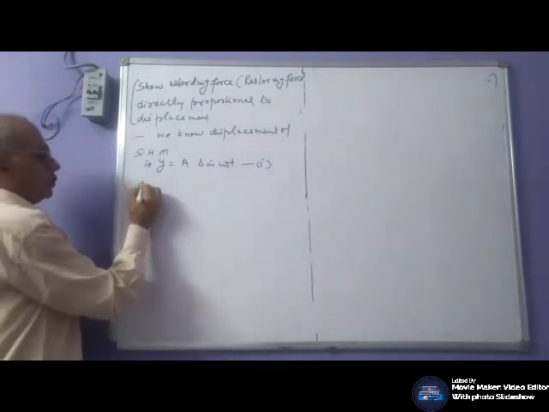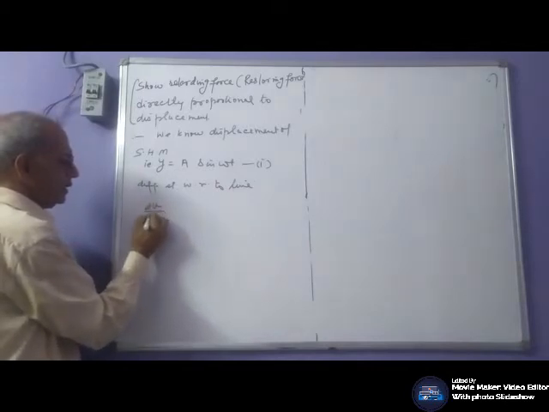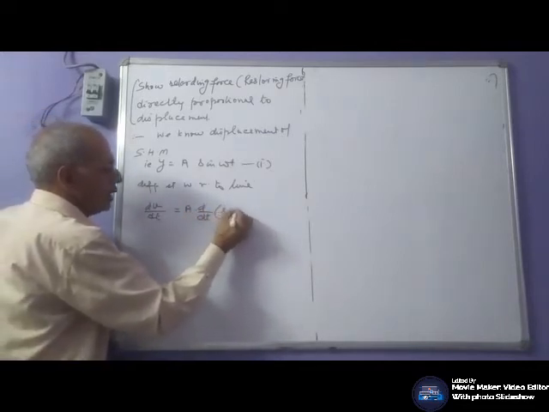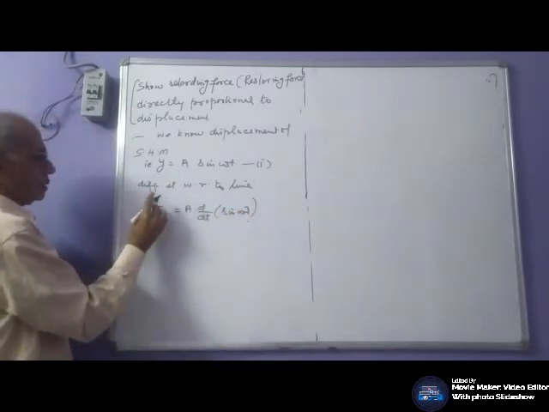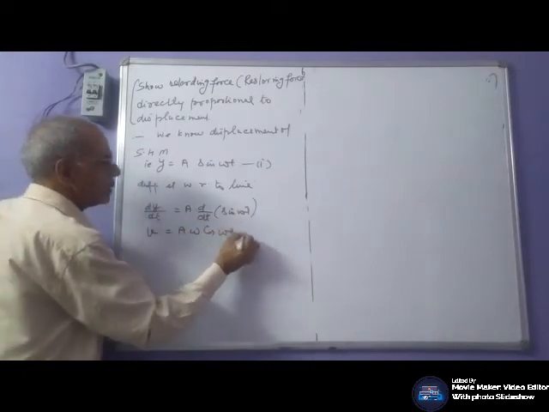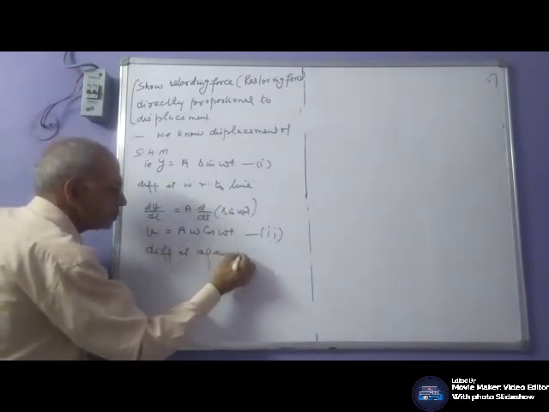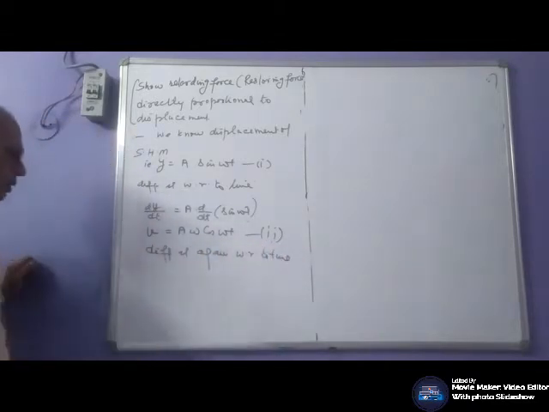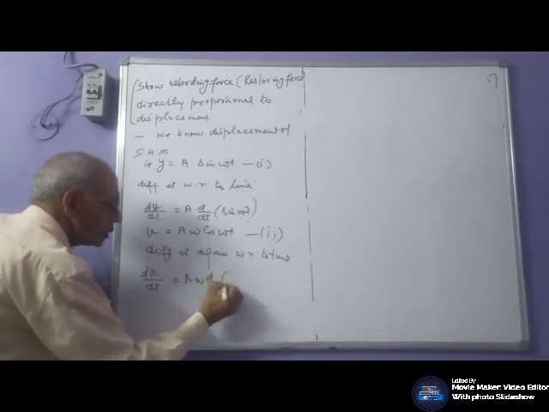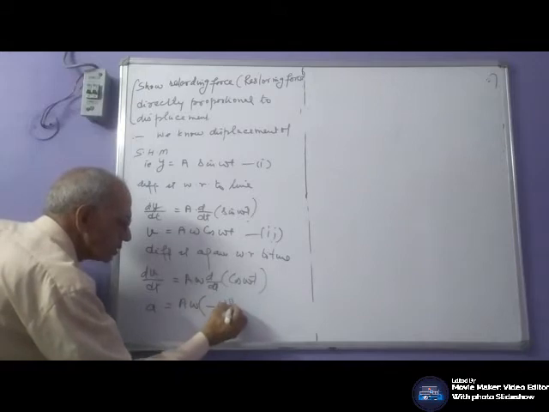go to acceleration, differentiating it with respect to time we will get velocity, dy by dt, A constant, d by dt sin omega t. This was dy by dt, so v is A omega cos omega t. Differentiating it again with respect to time, dv by dt, A omega outside, d by dt cos omega t, this is A omega minus omega sin omega t,